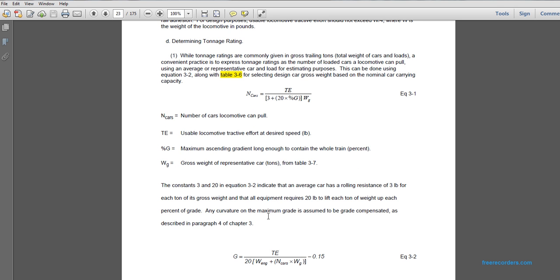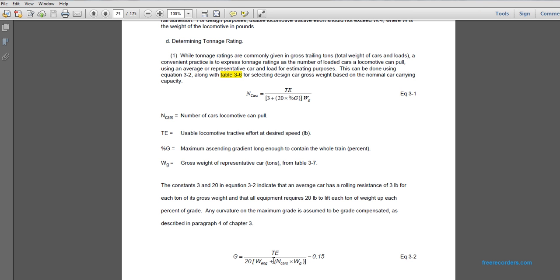The constants 3 and 20 in equation 3.2 indicate that the average car has a rolling resistance of 3 pounds for each ton of gross weight. All equipment requires 20 pounds to lift each ton of weight up each percent of grade. Curvature on the maximum grade is assumed to be grade compensated, as described in paragraph 4, chapter 3. The grade is equal to the traction effort divided by 20